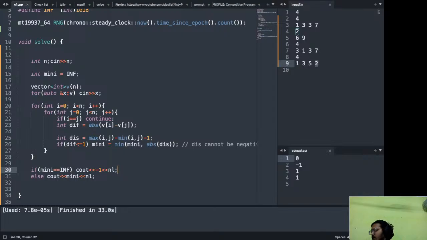All the elements have a gap of more than, like 1, 3, 5, 7, okay, 9. Now